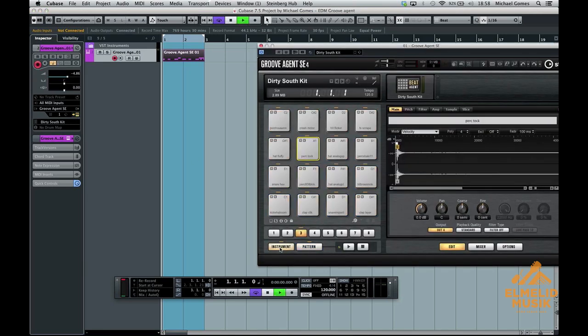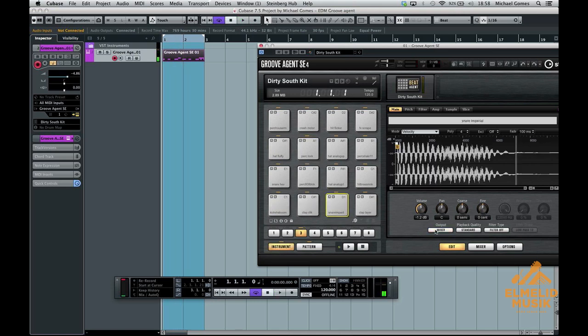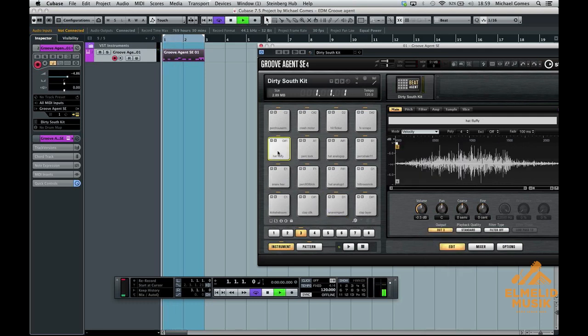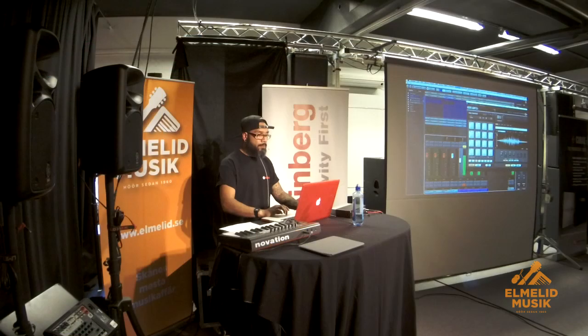And what I need for this is to tell me, okay, the snare needs to go to 2. The hi-hat, 3. Okay, so